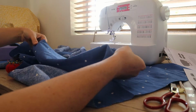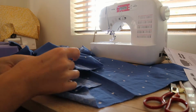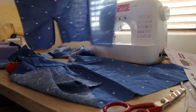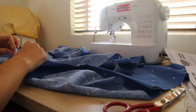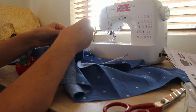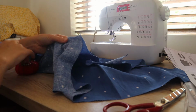Alrighty, I forgot to put the center of the sleeve notch in. I'm just going to fold this in half and notch it. That way I know where to distribute the fullness. So let's try that again. I think I probably prefer the method where you gather up the sleeve and put it into the arm side, but I'll try something new to see if it works out. I've always heard that it's easier to do it when it's flat, but I don't know,